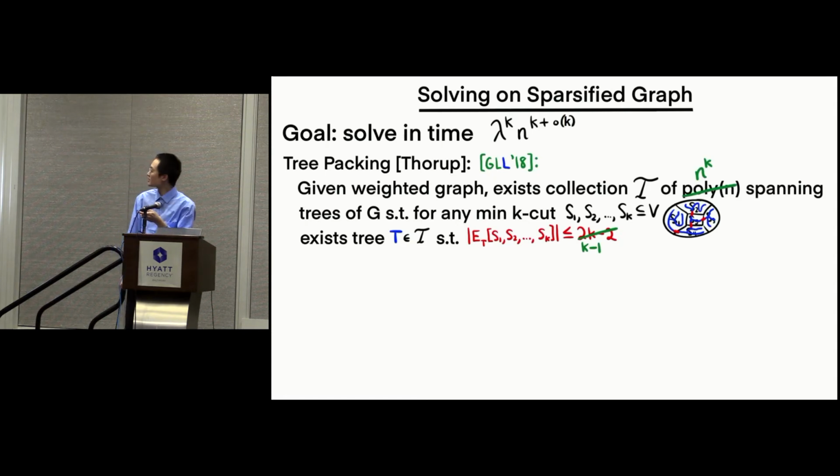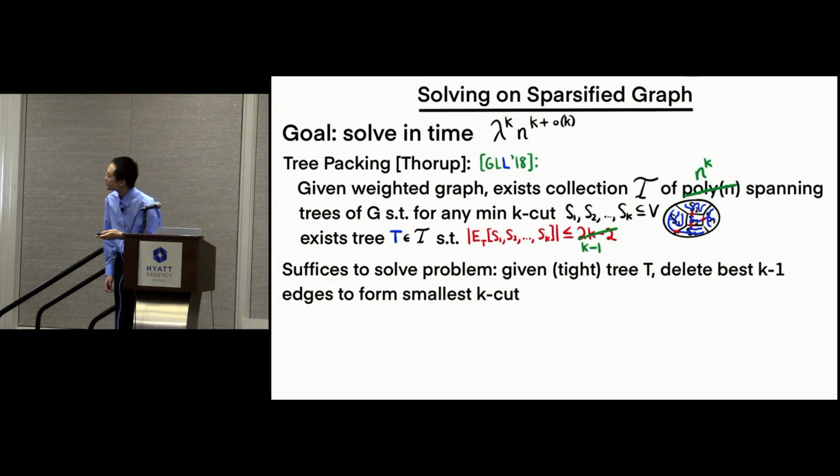With my collaborators, we showed that we can modify the statement a little to produce more spanning trees, now n to the k spanning trees, not just poly n. But we have a benefit in that there's some tree in this larger collection that intersects the min k cut only k minus 1 times, and k minus 1 is optimal. So by applying this tree packing and paying this n to the k factor to try it on each tree,